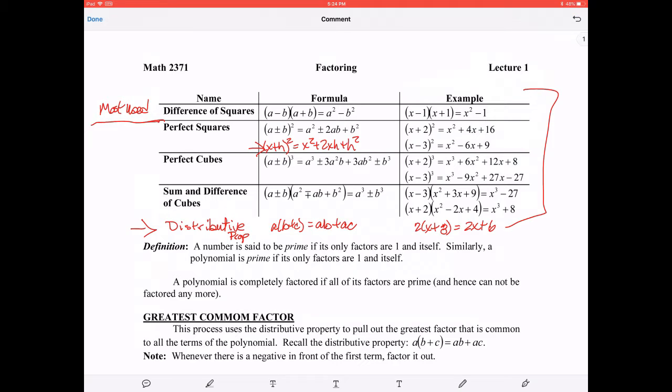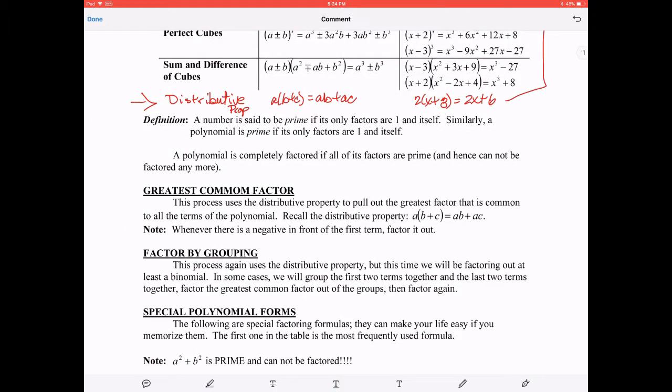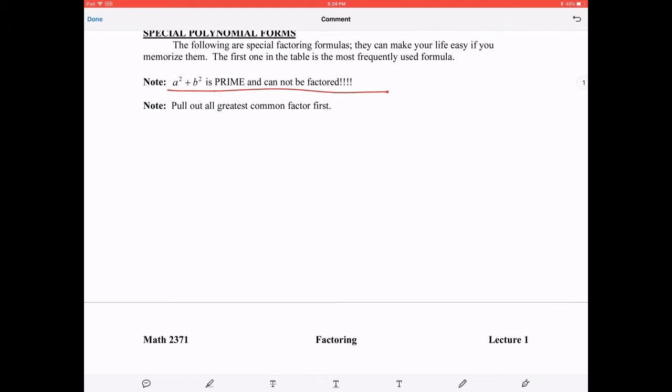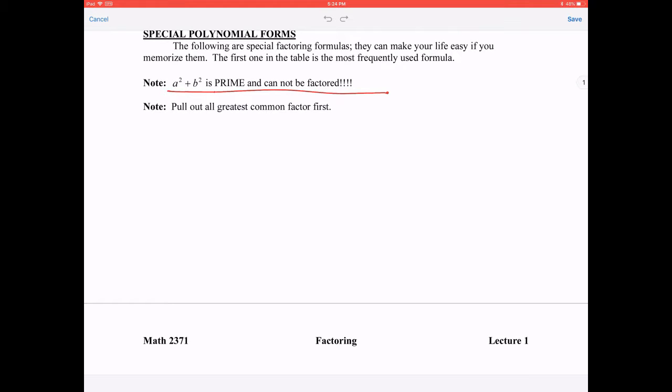Now, you also need to know what it means to be prime, and prime is a number that only has one and itself, and so a squared plus b squared is prime. We will also be factoring by grouping, and we have already talked a little bit about the greatest common factor. And so now let's get down here, and I'm going to do one more little thing that I'm going to talk about right here, is say that I want to factor